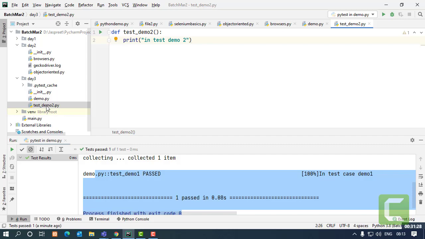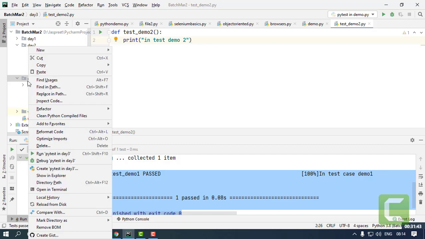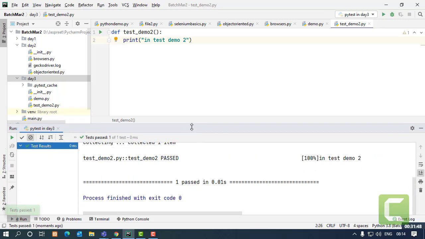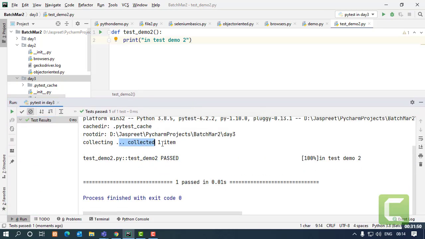Be it 2 test cases, be it 20 test cases, be it 2000 test cases. To run all the test cases with one single command, you can do that from your IDE. You can simply click on the package name and run that. So it gives you collected one item and this has been passed. We have run the whole package, not a single file.